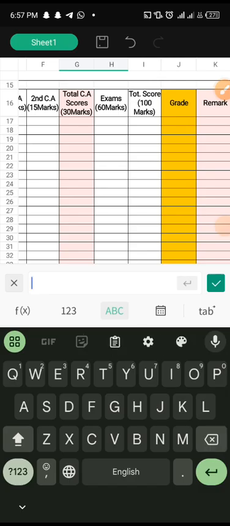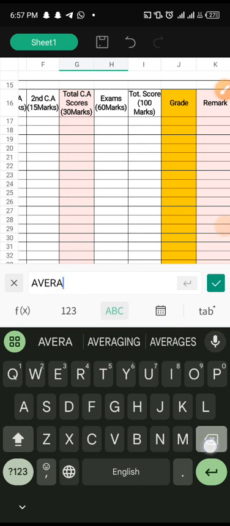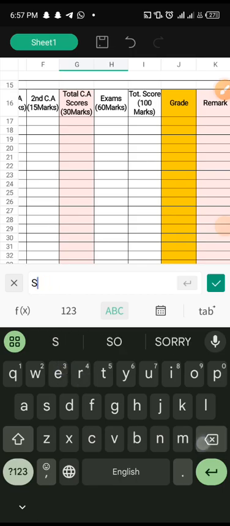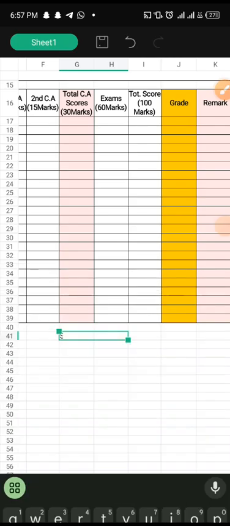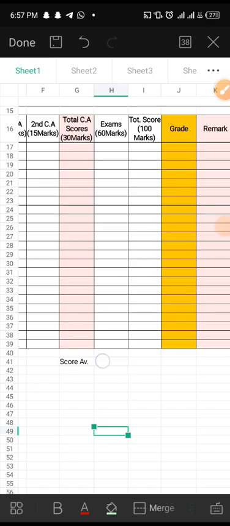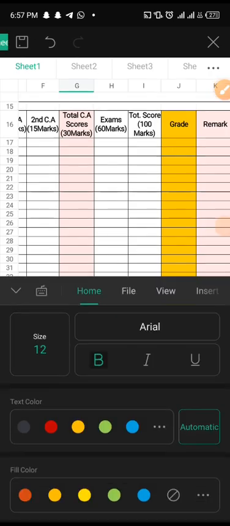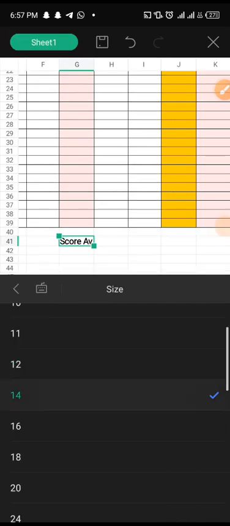or let's say average, or let's use the word score average there. Okay, I shouldn't have even merged it. I will merge score average. I'll bold it and I'll give it font size 14. Then the score average,